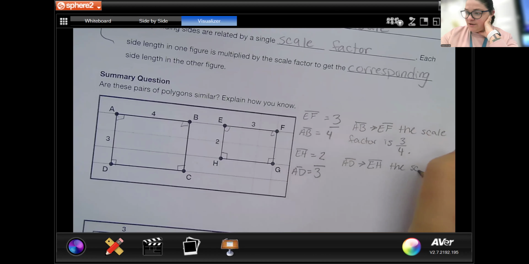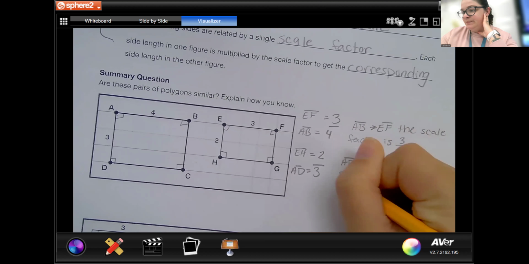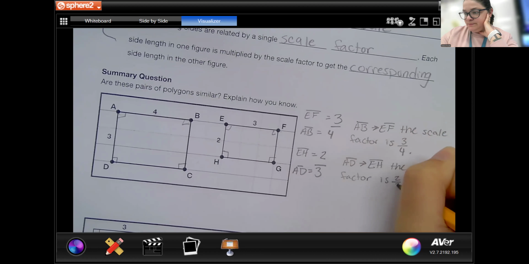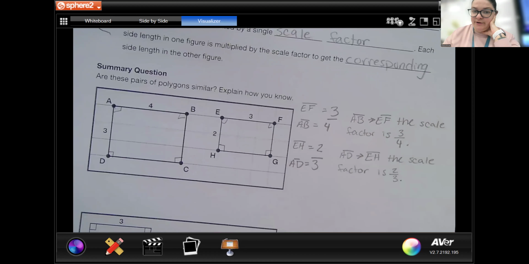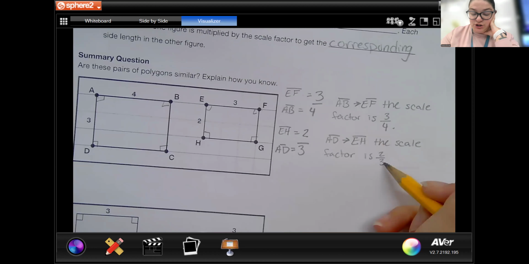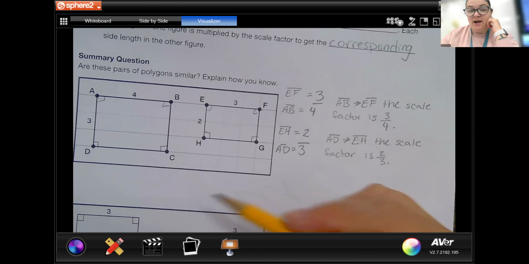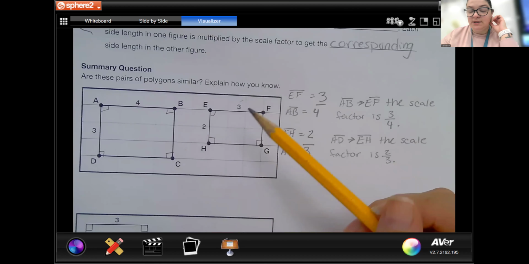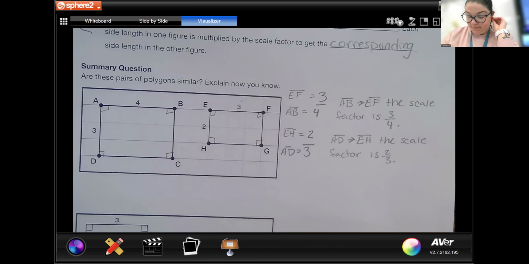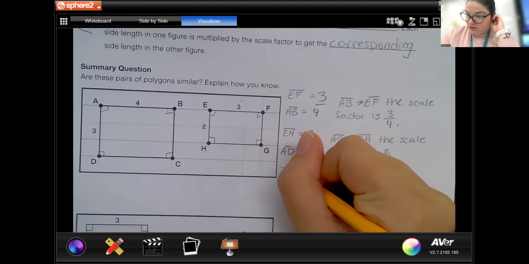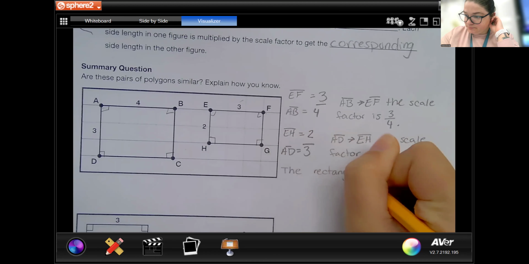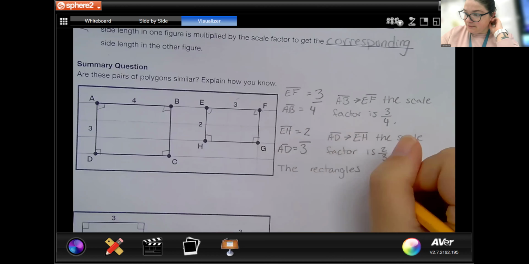the scale factor is 2/3. And you can't simplify that either. These are two different fractions, two different scale factors. They are not similar because there's two different scale factors going on. So we want to say the rectangles are not similar